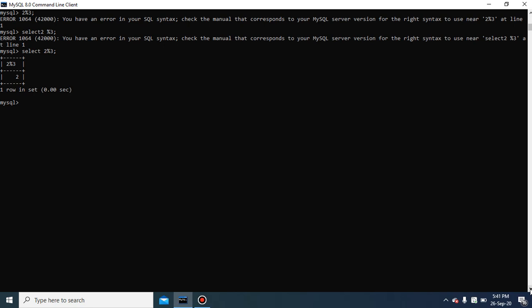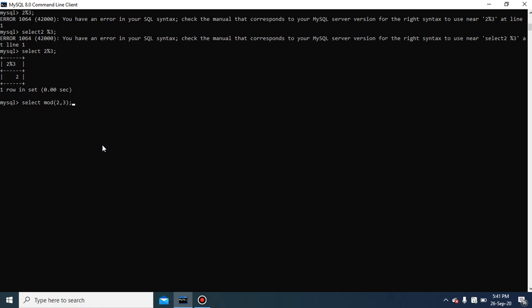If I want to do the same thing with the numeric function mod, I will write select mod, and then inside the parentheses of the function mod we write 2 comma 3. It will return the same value as 2 modulus 3, but this time with the help of the mod function.